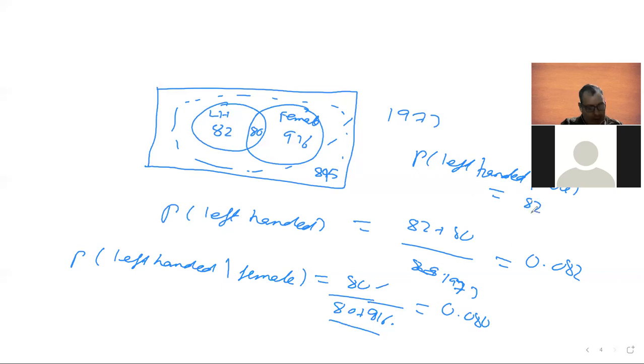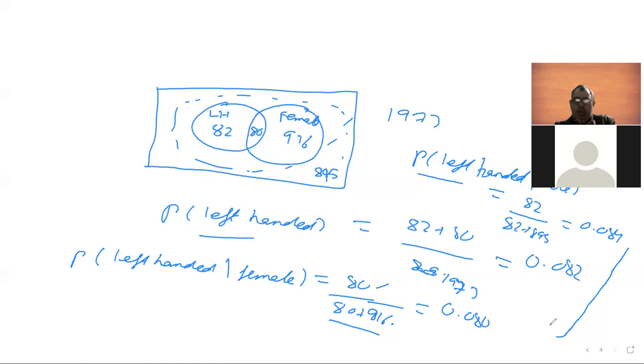you get 82 plus 895, and this value is 0.084. I'm telling you why I'm telling you all this. Is it okay? Are you noticing that P(left-handed), P(left-handed given male), and P(left-handed given female), all three values are approximately equal? Can you tell me what is the reason behind this? Actually, the reason is that being a male or being a female, they are independent events,